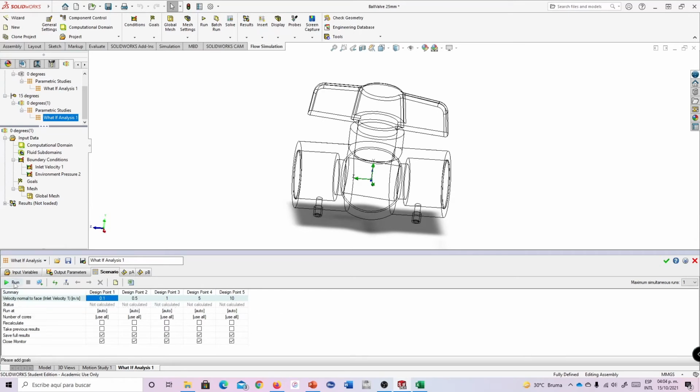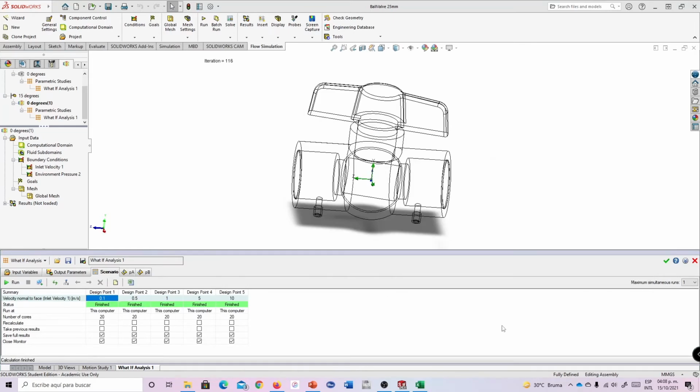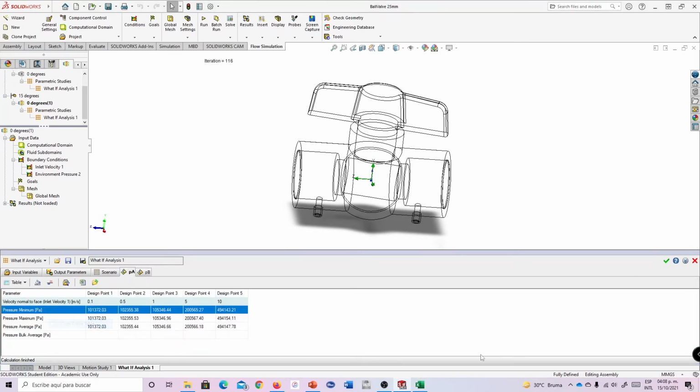Okay, and I'm going to run again the simulation. Let's wait for the calculation to be finished. Okay, the calculation is already finished, so we have to go here to this tab to copy the table, and